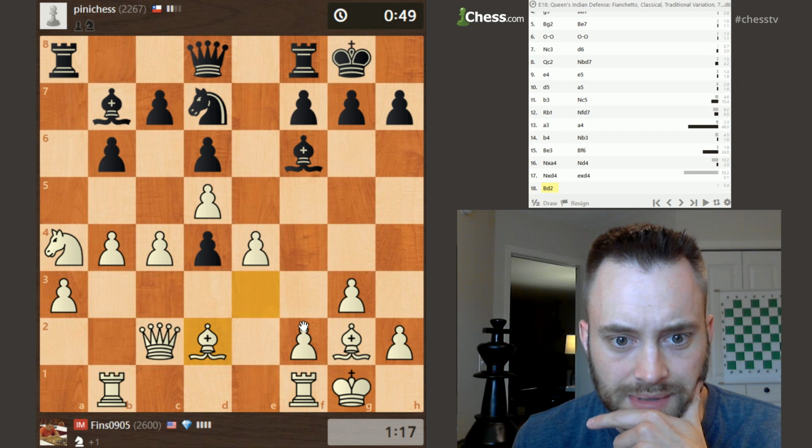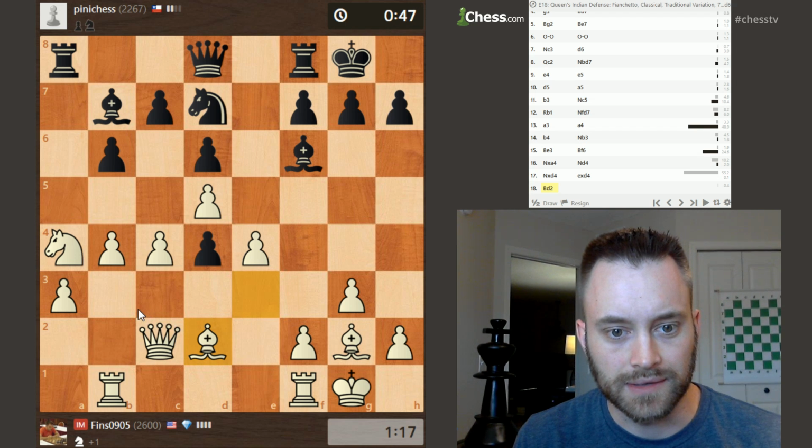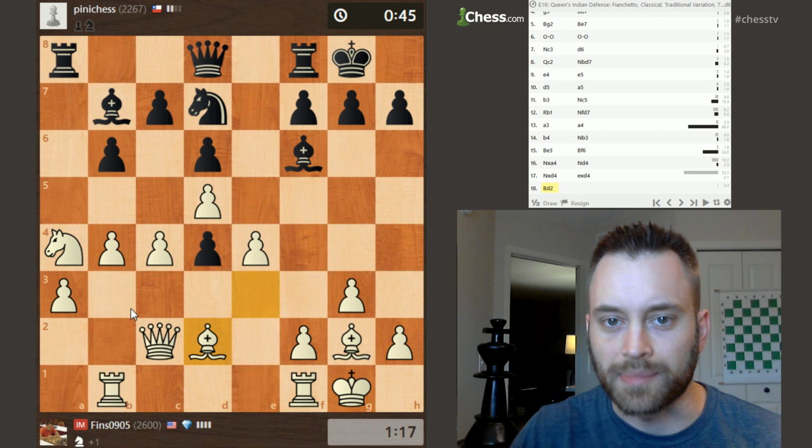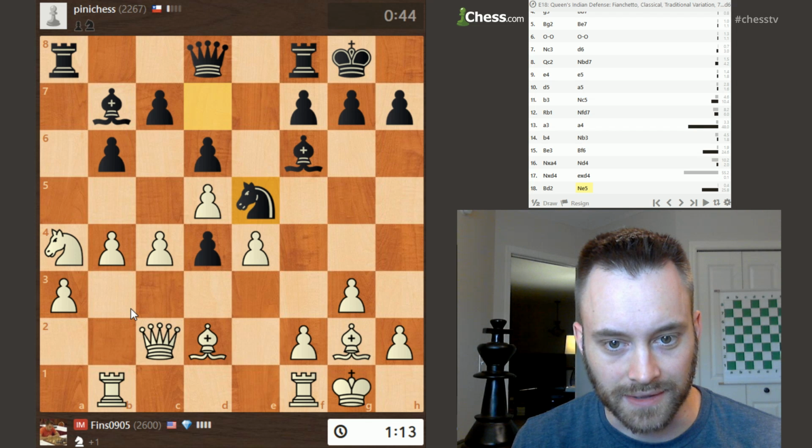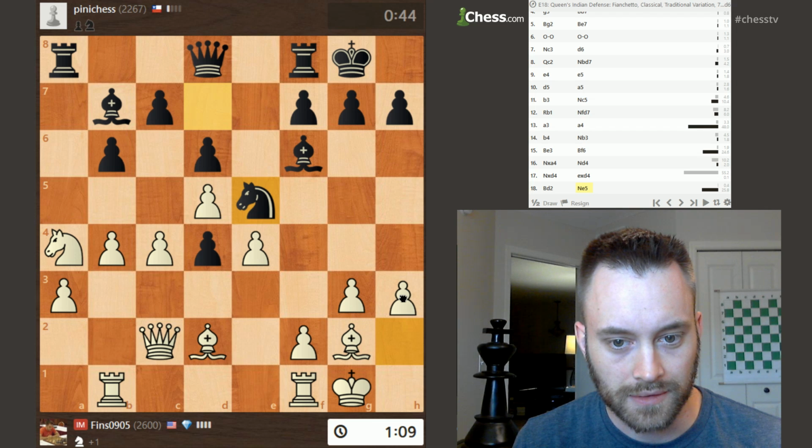Not analyzing these games after the fact. It's just rapid fire this session. 3-minute games. Okay, so he goes knight there. Active. If f4, he jumps into g4. So...